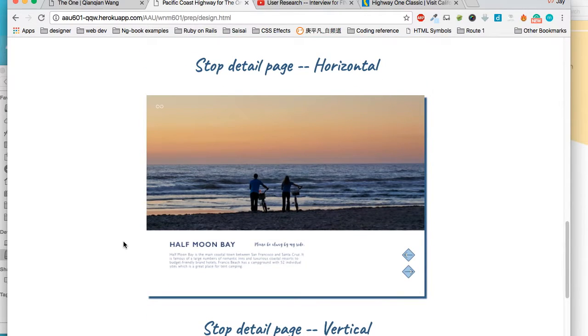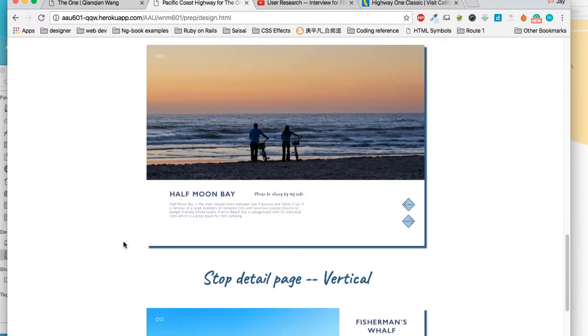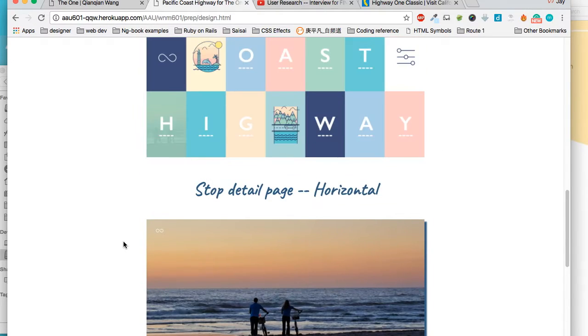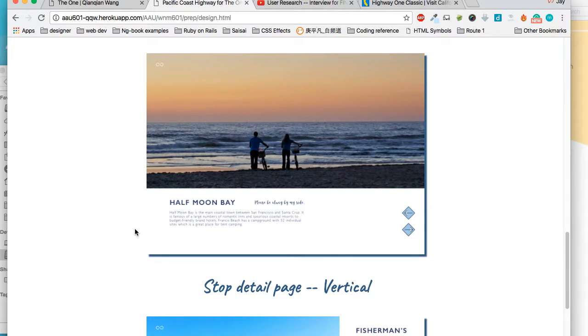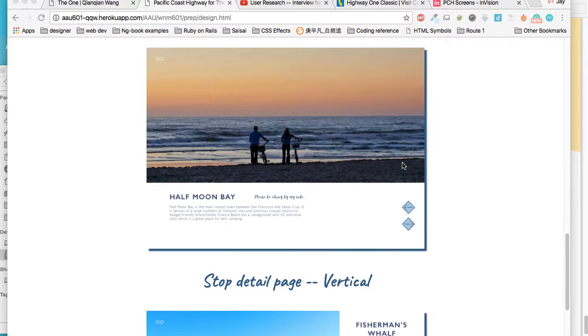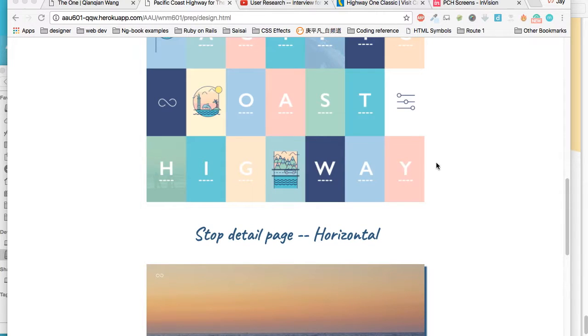Here are the 2 designs for the stop detail page, the horizontal one and the vertical one. Since I have 19 detail stop pages, so for better